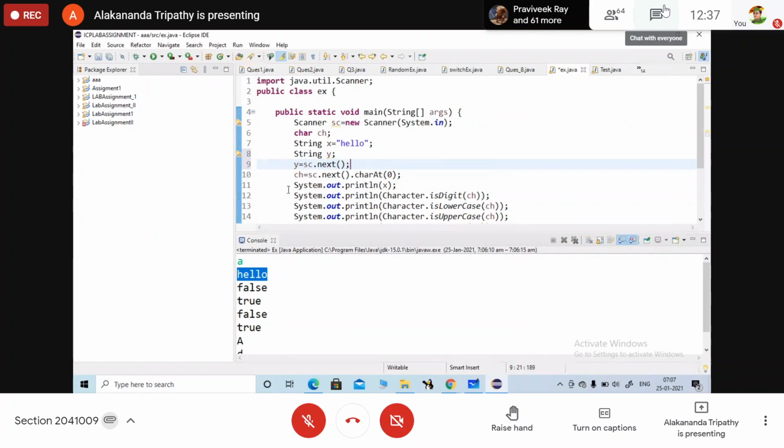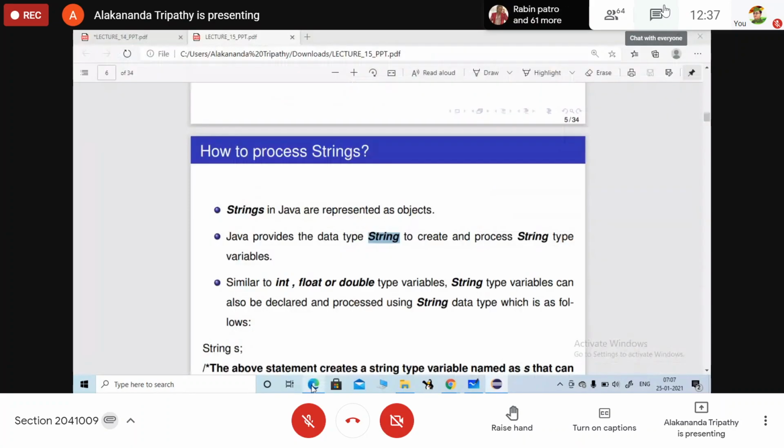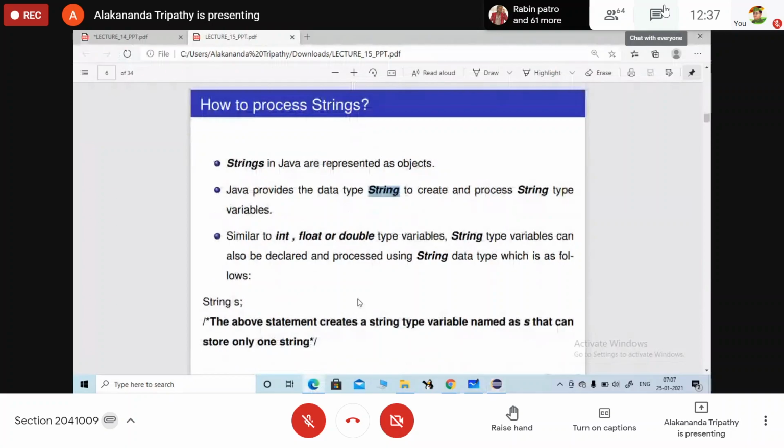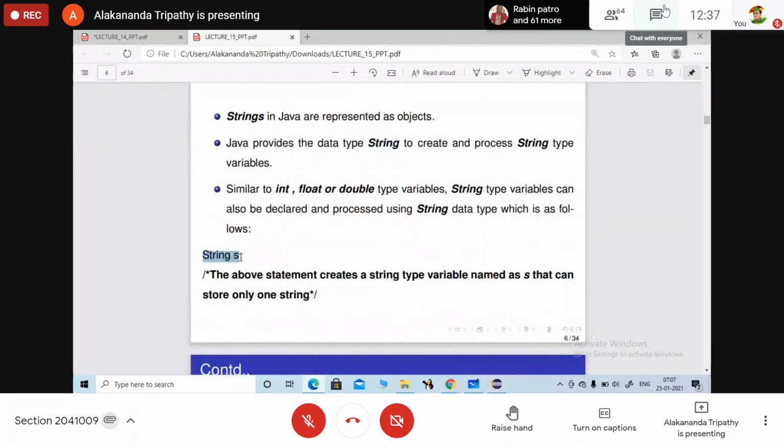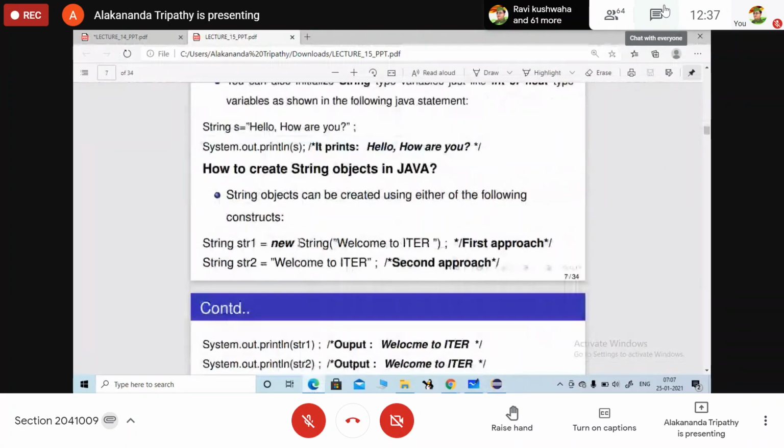We will come to this point right now. So String is a data type, as follows. String s, look, an example is written. So this is the first approach to create a string, and this one is the second approach. So we are moving with which approach? The second approach. Okay.